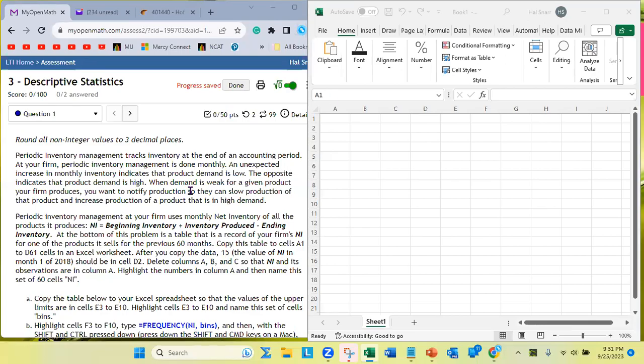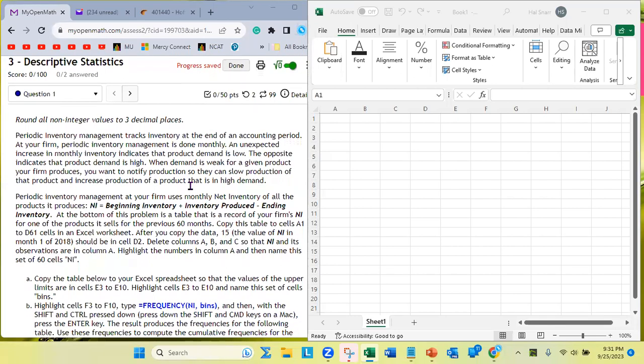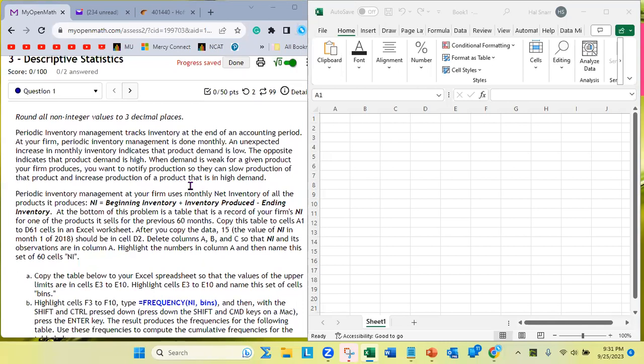Okay, in this problem, we're going to do some descriptive statistics on a sample, and that sample happens to be the values of net inventory, which is beginning inventory plus inventory produced minus ending inventory. And these are the number of items in inventory. And this is finished goods inventory. So when you're making a bunch of stuff